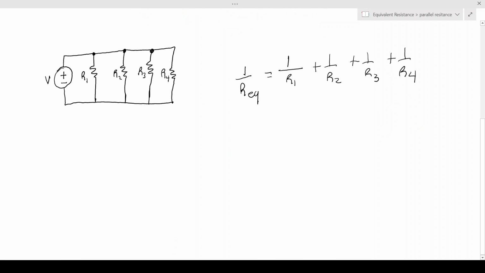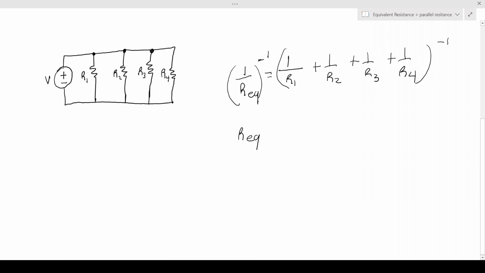So this is equal to 1 over the equivalent resistance. In order to get the equivalent resistance, we have to get the reciprocal or the inverse of 1 over Req. We do this by raising this to the power of -1. Whatever we do on the left side, we have to do on the right side. And we get